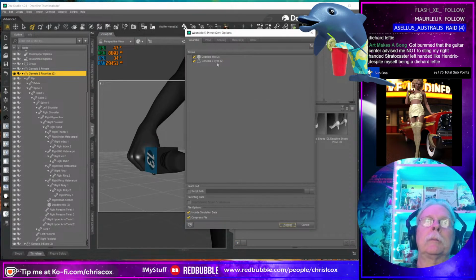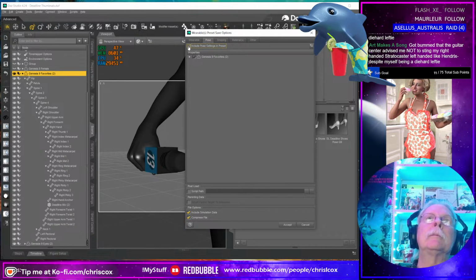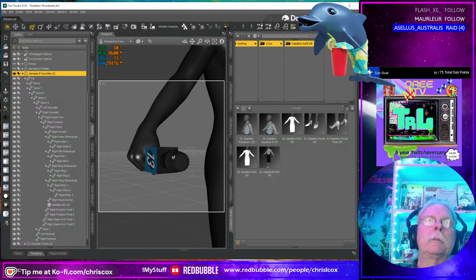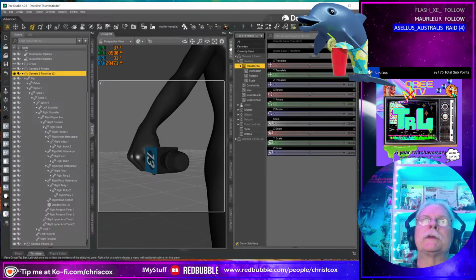All right. And we don't need those eyes. We just want this mic, and we want to save the pose so that it automatically poses when it pops it into the hand. Actually, I can't cancel that. I'm going to make sure it works with the Genesis 8 female because that's the target figure, really.